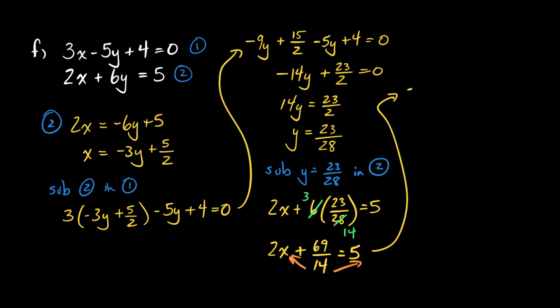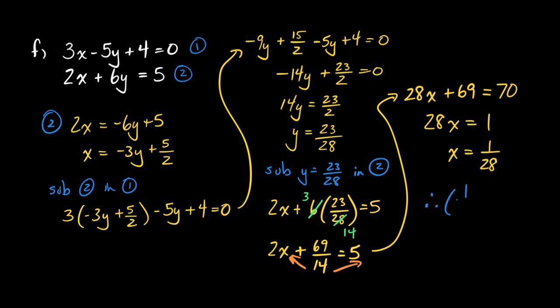And so maybe that's going to make your life a little bit easier because now you don't have to get a common denominator, let's say. 5 times 14 is 5 times 10 is 50, and 5 times 4 is 20. And so when we go through to solve that equation, that may make our life a little easier. Okay, only thing left to do, state our solution. My x comes before my y,